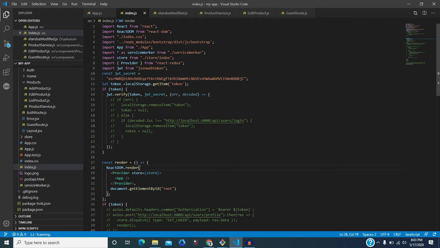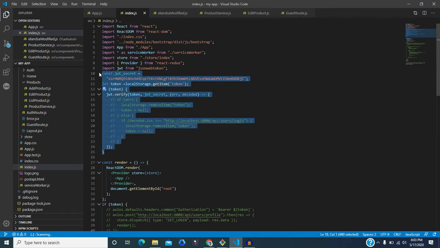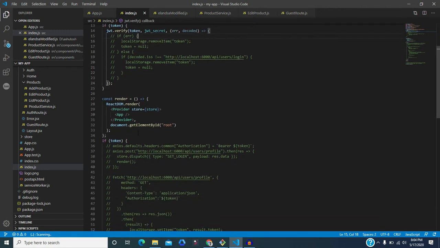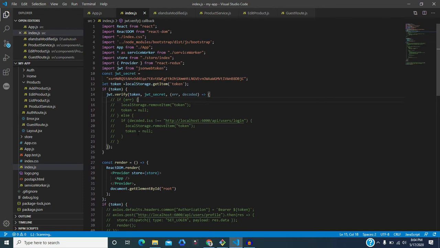Some of the code is commented out to make this application work, otherwise it will show some error.